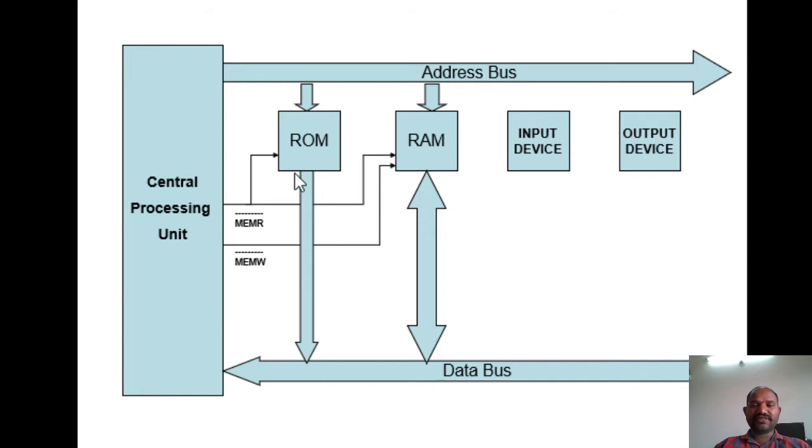So if you want, you can see the variation. In the ROM case, the data bus direction is only one direction, means we are simply taking data out from the ROM memory. But in this case we have the bidirectional bus, means we can read the data from the RAM as well as write the data onto the RAM using the control signals, memory read and memory write. By using these signals, we differentiate whether we are performing the read operation or the write operation with respect to the RAM.